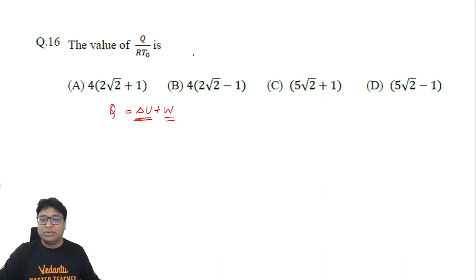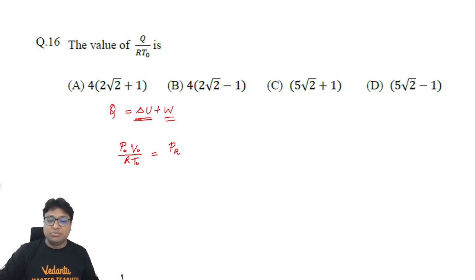And again, how do we do that? We can do that by using the ideal gas equation. So if P naught was the pressure earlier, V naught was the volume earlier, then P naught V naught equals R T naught, since this is the number of moles in the left chamber. And finally, I can say that the pressure of gas in the left chamber will be the same as the pressure of gas in the right chamber, because the partition is frictionless and it has stopped moving.